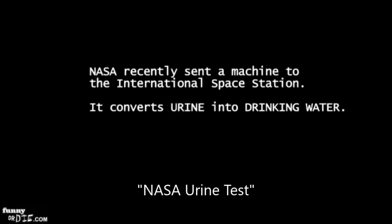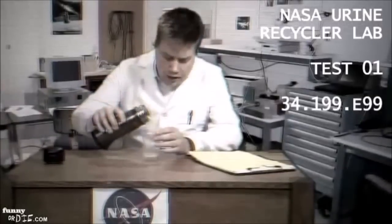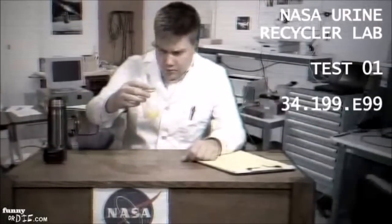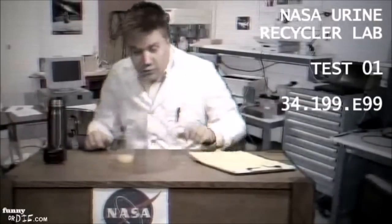NASA urine recycler, test 1, sample 1. It's the first water we've got out of the machine. This will allow astronauts to recycle their urine and sweat into beautiful, clean, clear drinking water. First sample, transparency, subpar. Oh, that's just piss. That's just straight up piss. Smell, urine-y, and